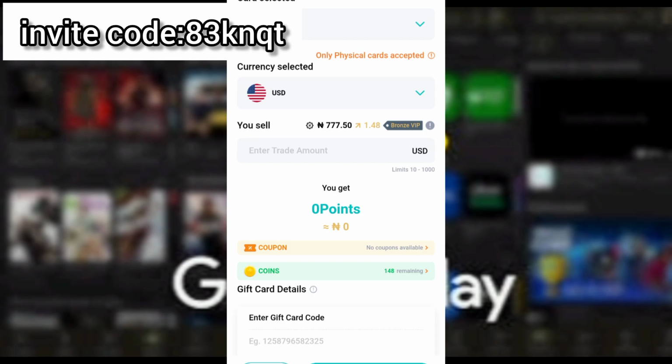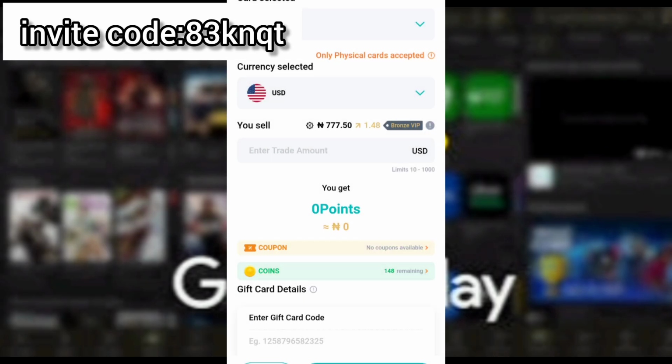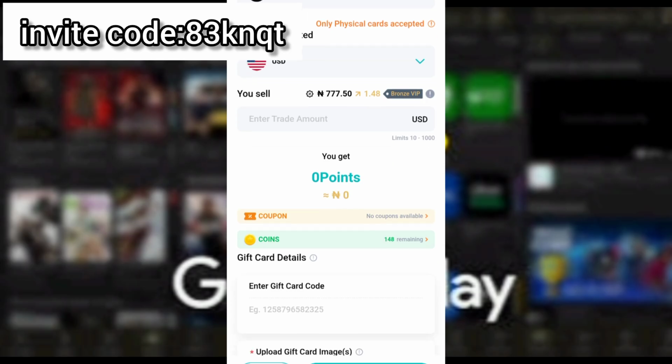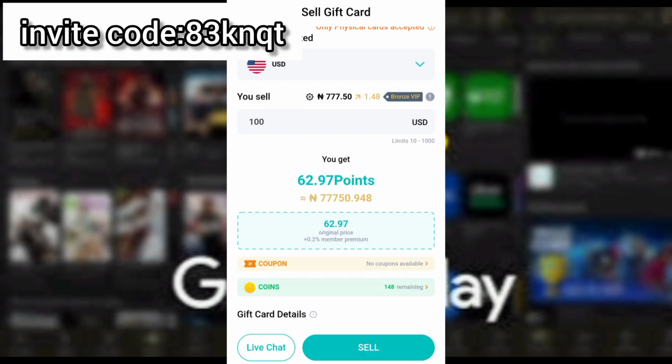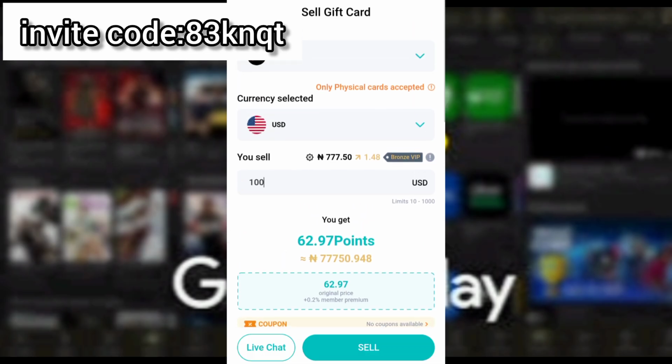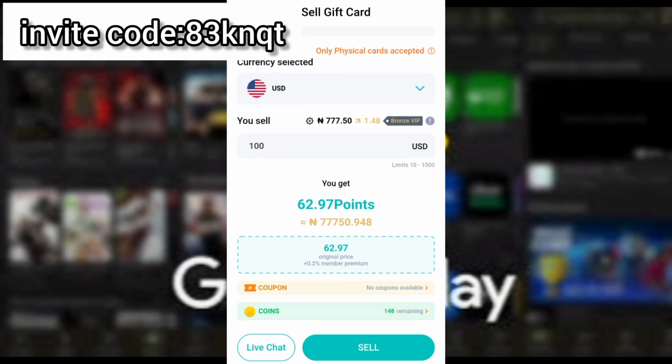So currency selected, USD. Google Play, you can see that it is Google, because they have different cards, but you want to sell Google and it's the USD currency. So they are buying at 777 naira 50 kobo for those that are in Nigeria. So let's say we want to trade 100. As at the day I'm filming, please note, because it fluctuates, you are going to get 62.97 points, which is equivalent to